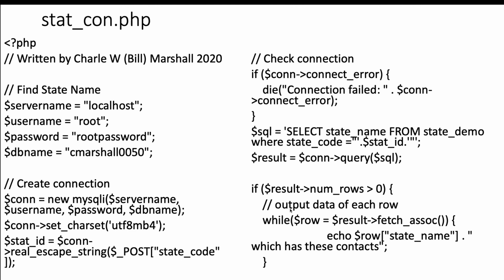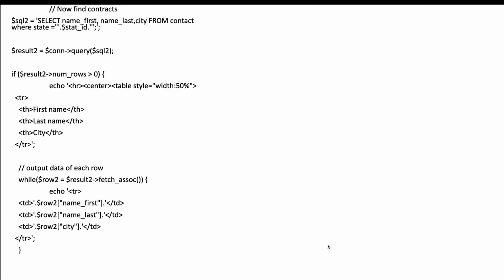The difference in this code this week and last week is that last week we had it all wrapped up in the rest of what was required for the page. Now all we're doing is sending back the XML that goes into that one div. So in the while statement, we're going to echo the state name, which has these contacts, and then we're going to open up our second select statement just like we did last week,